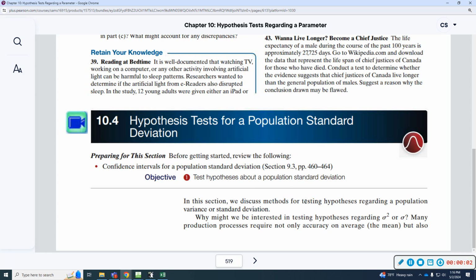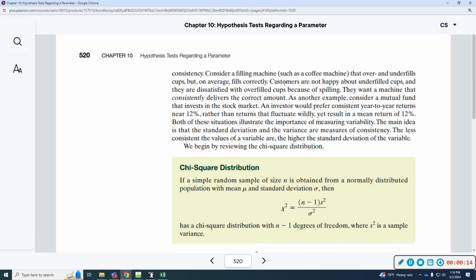All right, we're going to be looking at section 10.4, hypothesis test for a population standard deviation. So the one objective is just to test hypotheses about the population standard deviation. If you go through the reading, it talks about how when we use these distributions, we don't really account